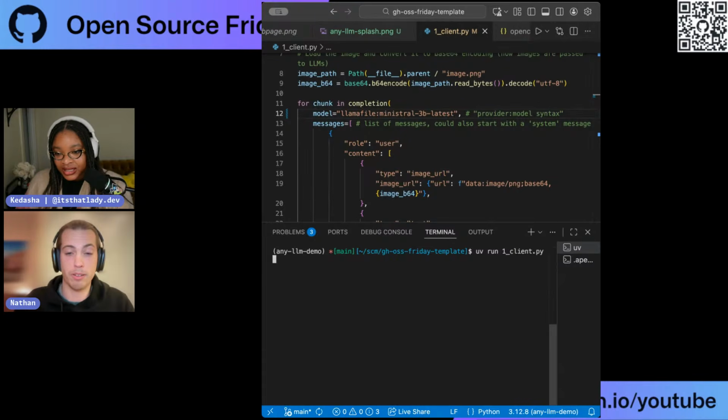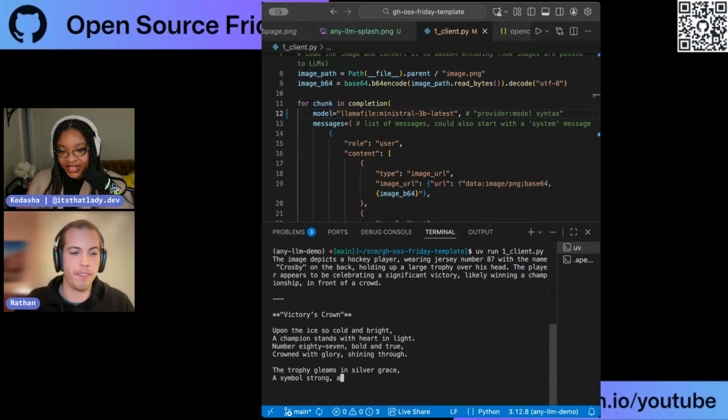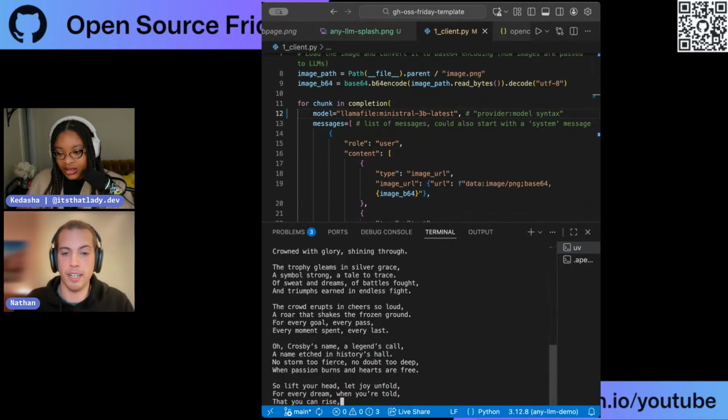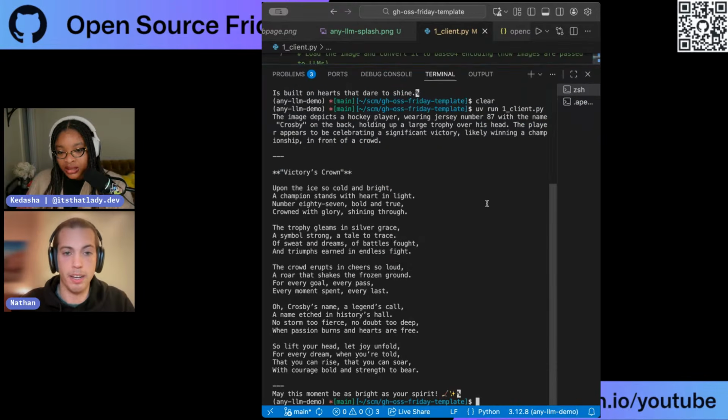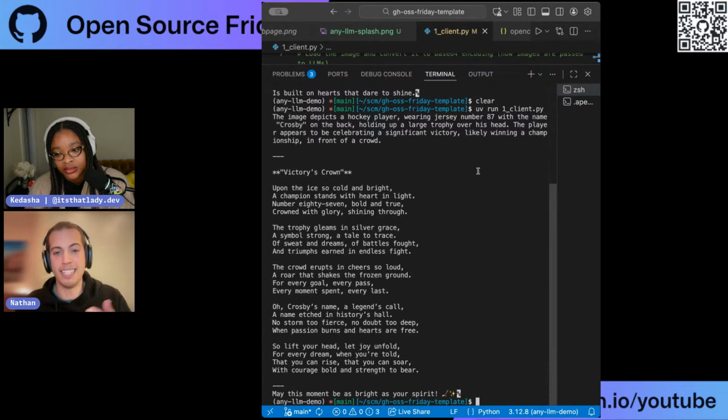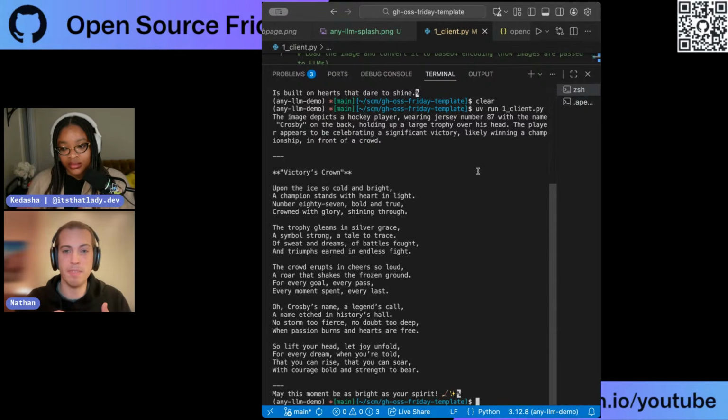And now hopefully I don't freeze. No, we're all right. We're doing great. It's running, and it's a little bit slower because I am not an expensive NVIDIA GPU. I am a MacBook Pro. But look at that. So let's think about what this means here. You're running now on your MacBook a local image recognition model that can take the picture that I showed you and identify numbers and names and objects and write poems about it. I mean, the capabilities for everybody, and the privacy. Yeah, the privacy too.